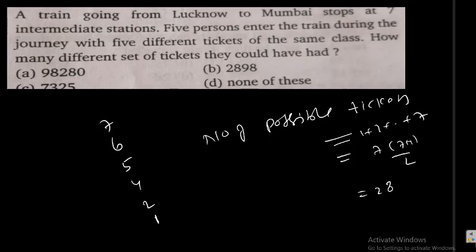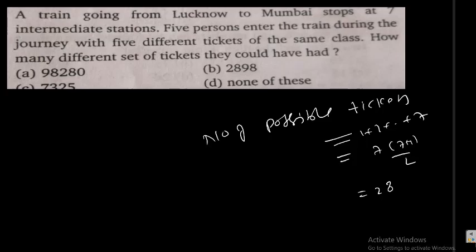Okay, so how many members are traveling? 5 members. What we want to do? We want just to select 5 tickets from 28. So that is the answer for the problem. Okay, now 28 possible tickets they can print. So from these 28 possible tickets we want to select any 5 of them to these 5 members can travel from one station to another station. So what I can say, the possible tickets that they could have equal to 28C5.